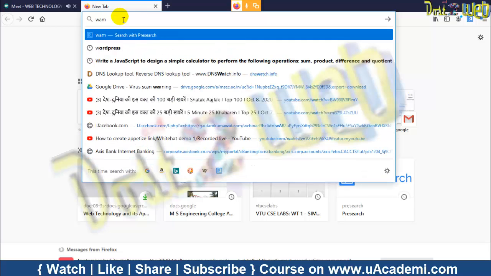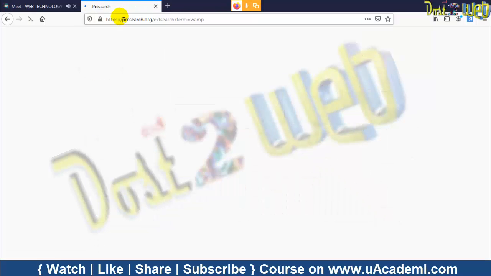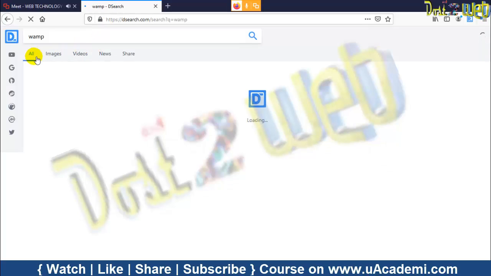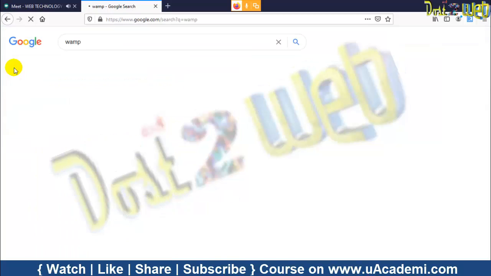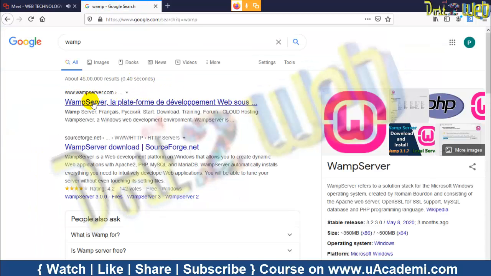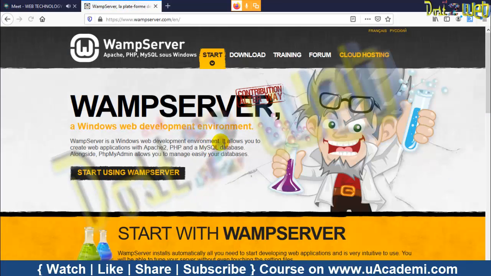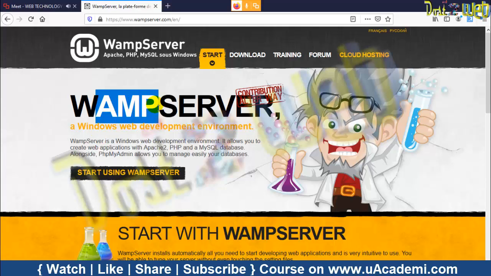I'll tell you several methods, and you can follow whichever you like. One thing, you can download the software called XAMPP. If you need, you can use the software called XAMPP. This XAMPP will be a combination of everything: PHP will be there, then MySQL, the database, will be there.